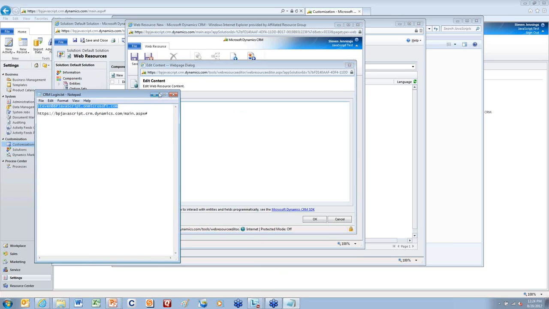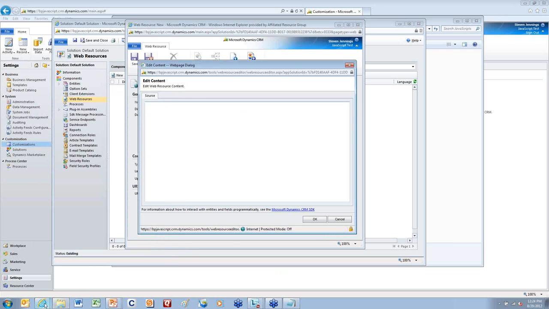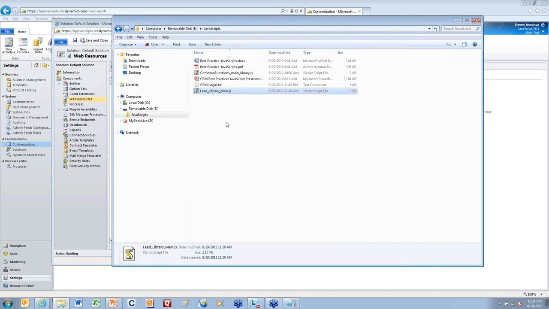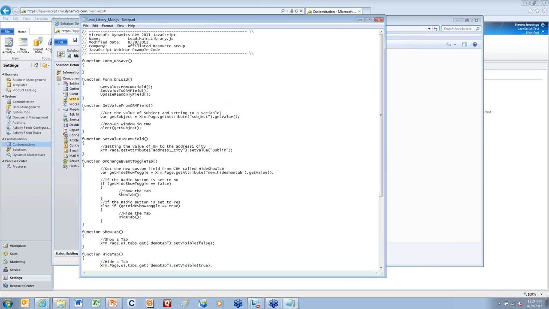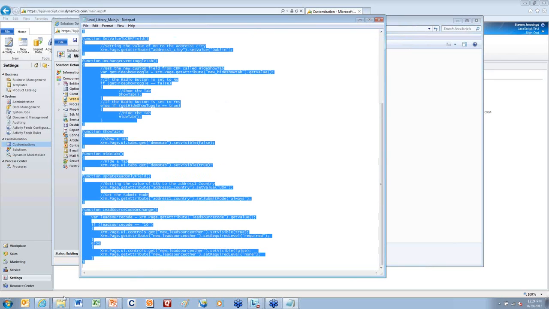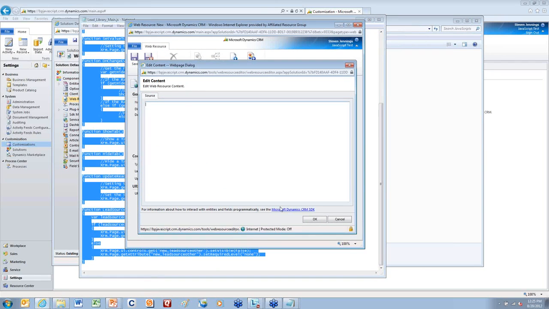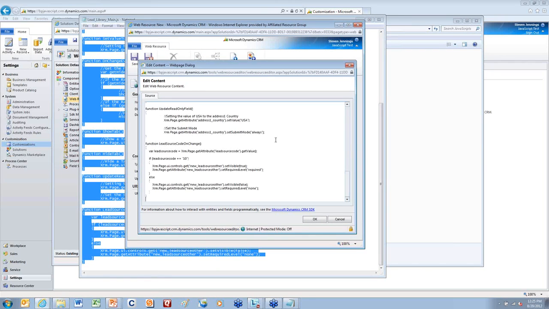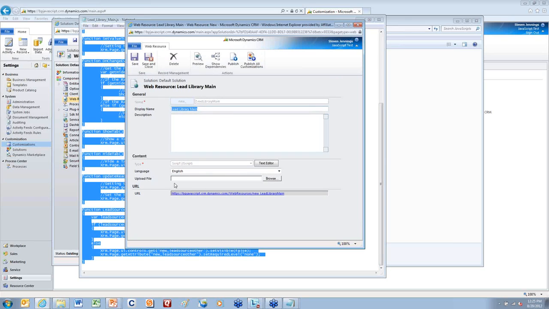I'm using Jim's laptop, so I don't have a cool editor, so I can't really show that to you. I'm sorry, but I'll show you a notepad. So what I'm going to do is copy and paste, and then I can just paste the information in here. And it will all be in here. I can hit OK, and it will automatically upload it in the system, or I can go to the